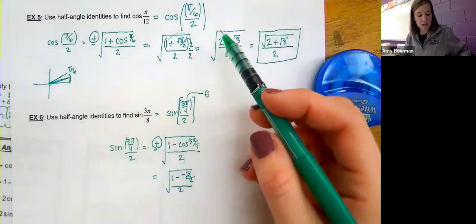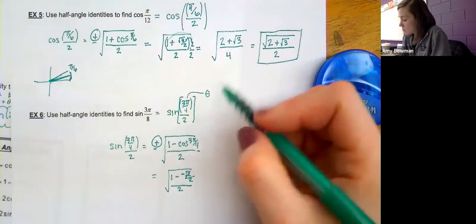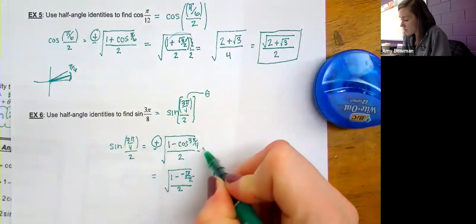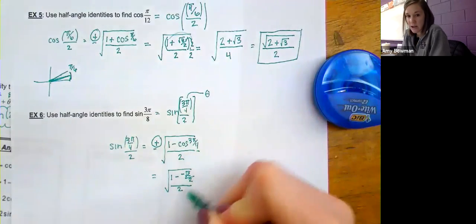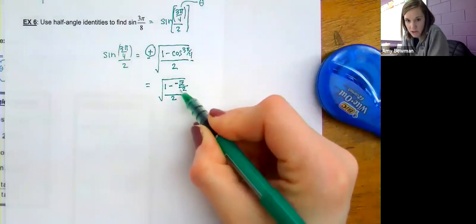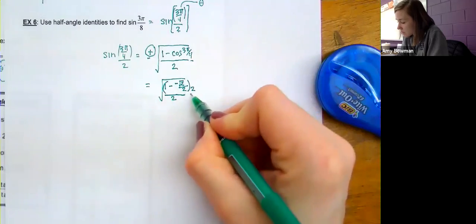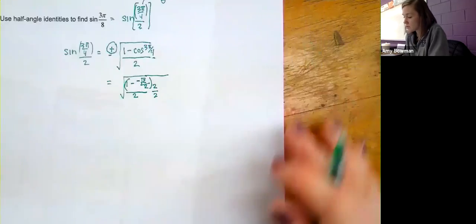So we're going to multiply everything by the common denominator. In this case, that common denominator, again, is whatever denominator I have in this fraction right here. So I'm going to multiply everything inside by 2 over 2. In doing so,